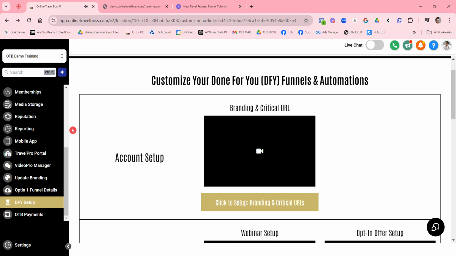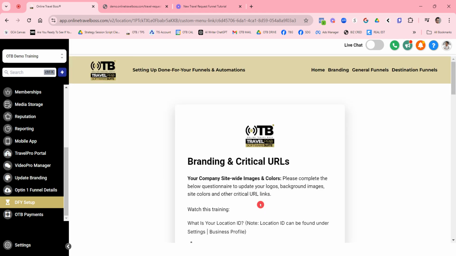To modify your branding and update your critical URLs that are needed throughout the system, you're going to click on the DFY setup, which stands for Done For You setup. And in this account setup section, you'll click on this link right here,